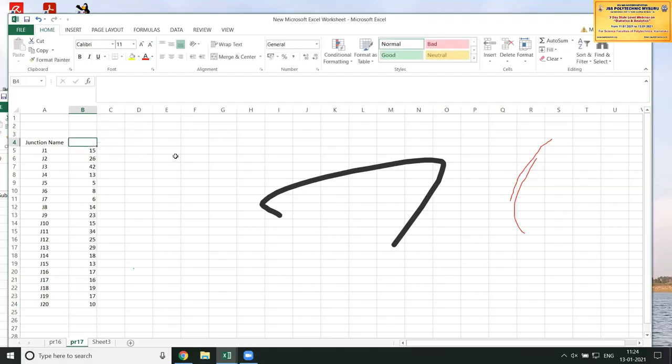Okay, so this is the number of two-wheelers who have crossed the junctions.